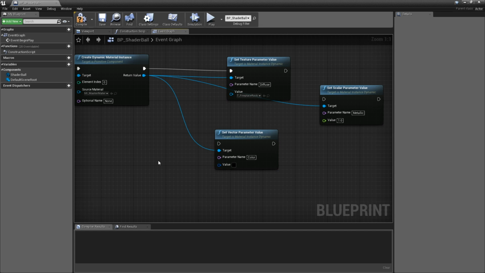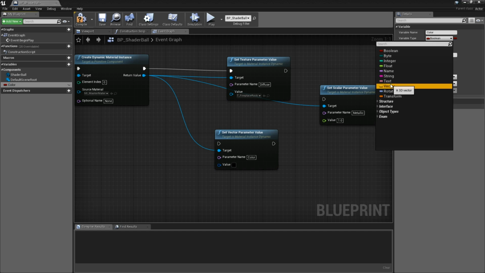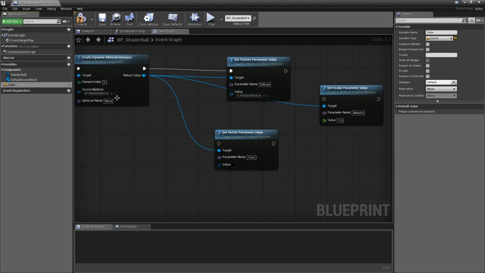For this, we're going to first need two things added to our blueprint here. One is going to be a variable, which will hold the color value. Another one's going to be an event dispatcher. Event dispatchers allow us to send and receive events from one object to another. So let's start out with our variable for the color here. We're going to go to variables under our blueprint panel here. Click the plus button to add one. We'll call this variable color. And under details, we'll change the variable type to a vector so it can hold our 3 values for color